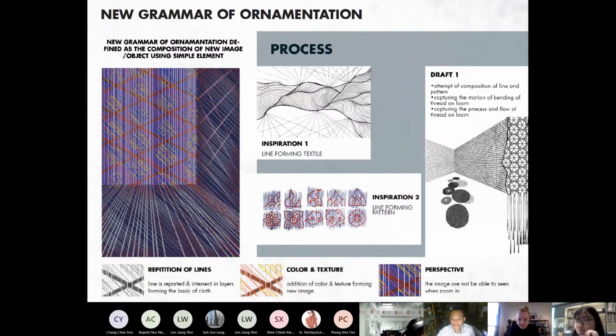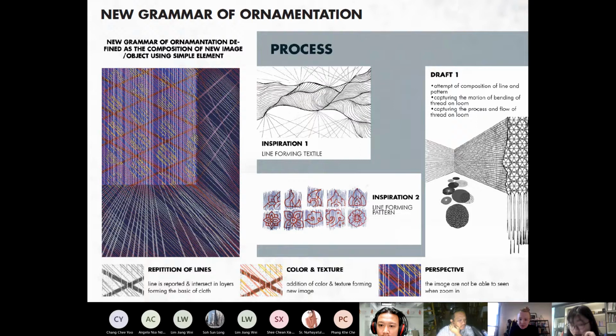My first inspiration was lines forming texture, because the main component of this group is textile.